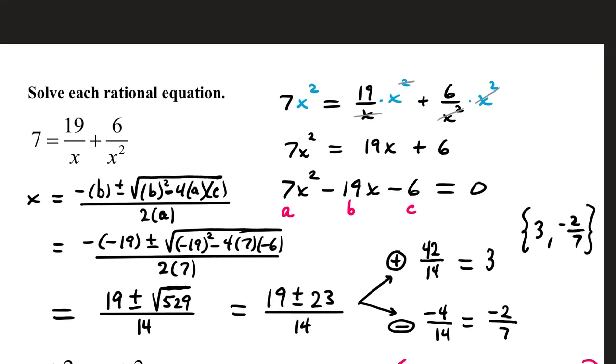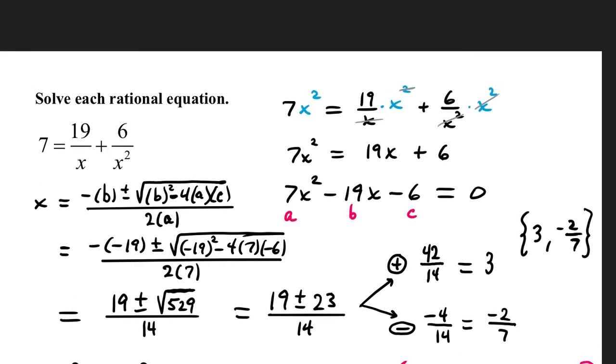Let's switch over to solving rational equations. Let's solve 7 equals 19 over x plus 6 over x squared. In order to eliminate the fractions, we need to multiply all terms by enough to get an x and an x squared to cancel. If we multiply all terms by x squared, that gives us 7 times x squared, which